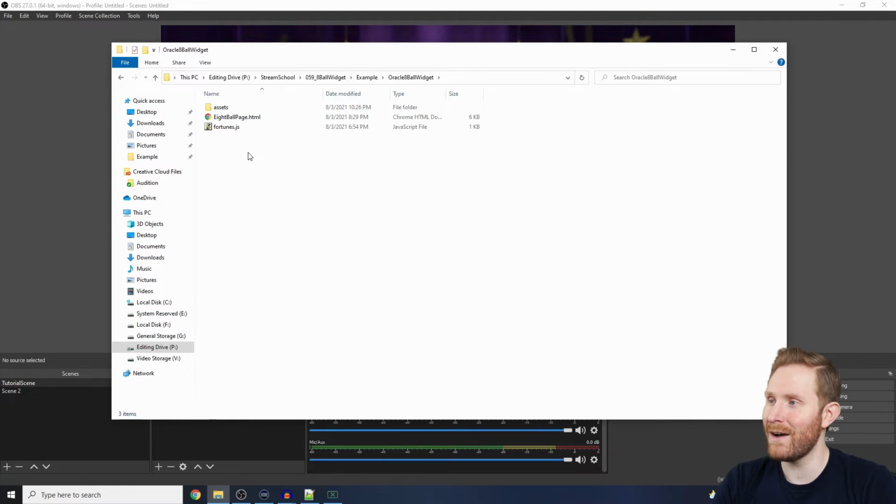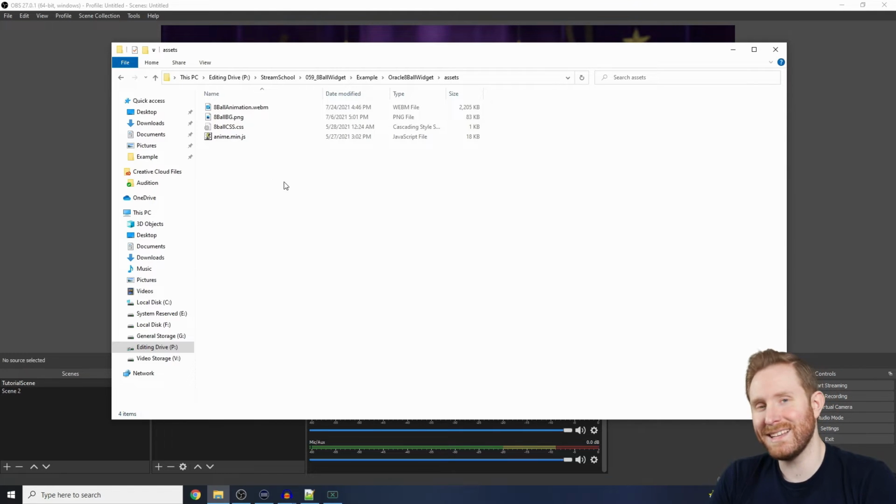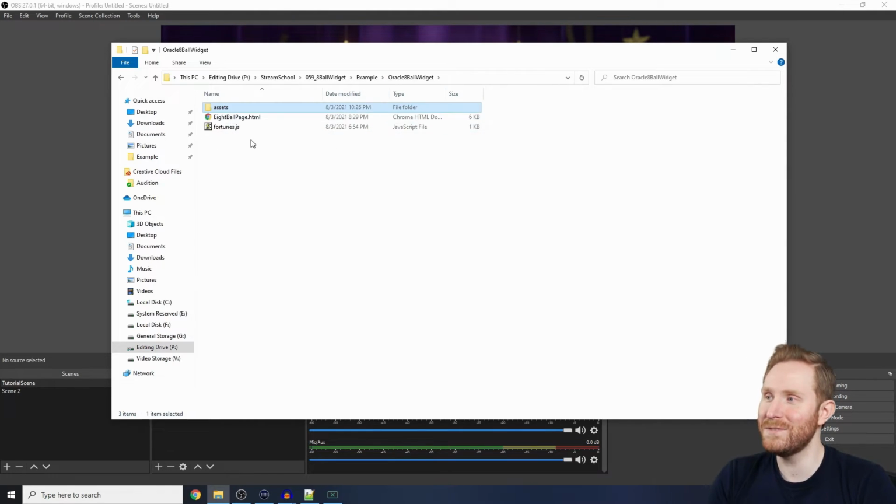And here you'll notice I have an 8-ball page.html. That's the web page that we're going to bring into OBS as a browser source. Then we have a fortunes.js, which is really just a text document that lists out all of the different responses the 8-ball can have, but we'll get to that in just a little bit. Then under the assets folder, we have the graphics that are necessary for it to work and a couple scripts that make the entire thing work. Just make sure that these stay in the exact same location relative to the 8-ball page.html so it knows where